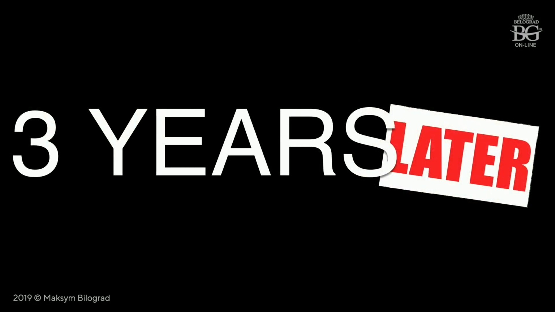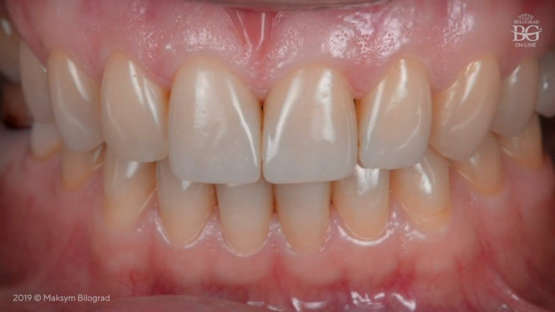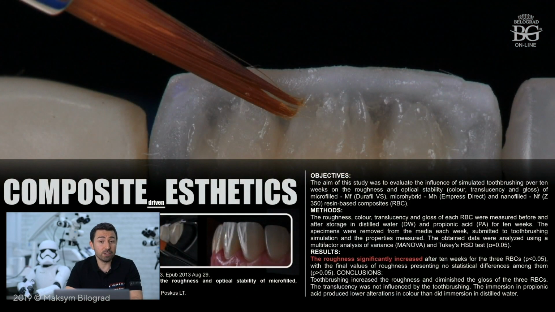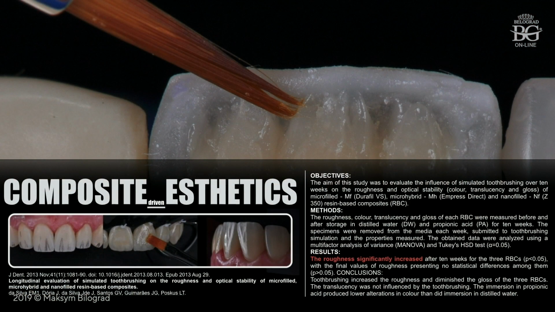we have 3 years later result. So this is 3 years later. This picture was taken before hygiene, before repolishing. So you can see some slight discoloration between teeth, which is really easy to be solved by just repolishing procedure. And you cannot see now texture or relief, no perikymata, because even during normal regular toothbrushing, dental hygiene, you may lose this texture after some period of time.